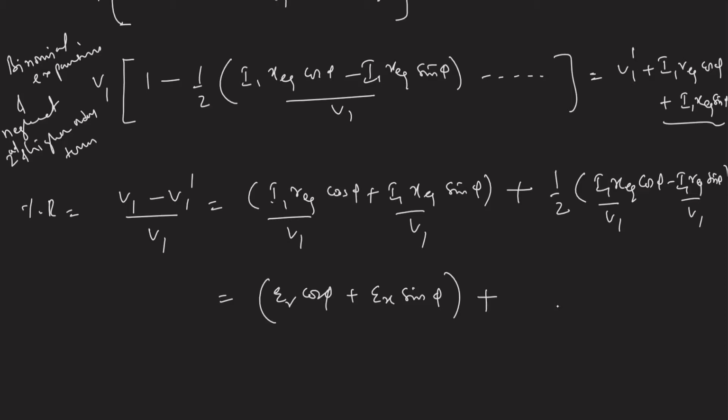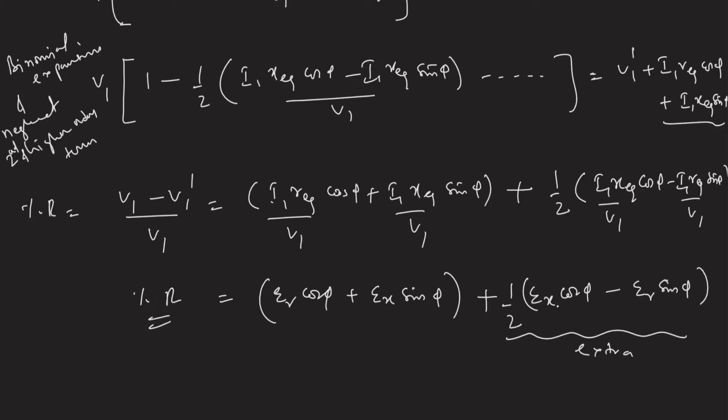To this we are getting some extra term, that is 1 by 2 (EX cos phi minus ER sin phi) term. So this is an extra term we are getting for percentage regulation with the exact formula. This is the exact formula,